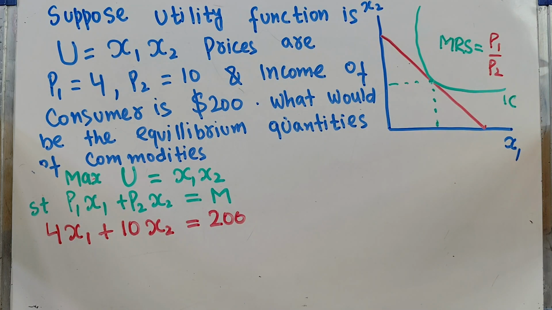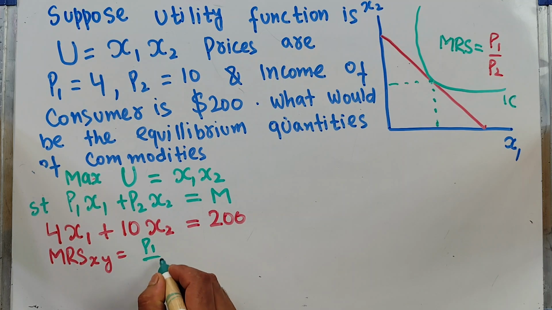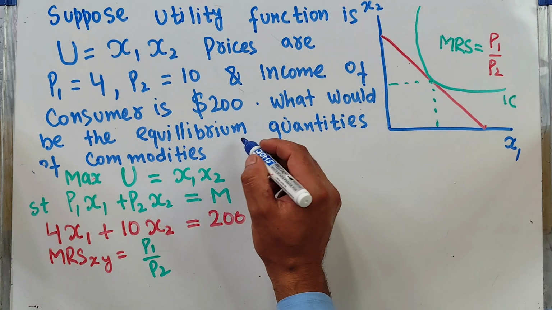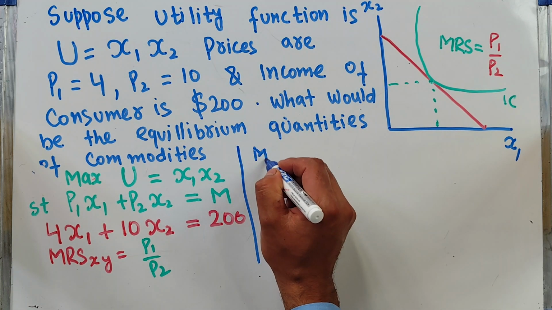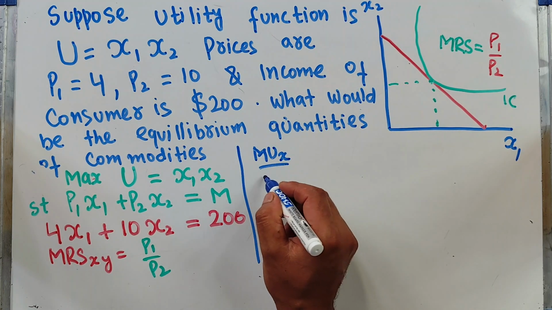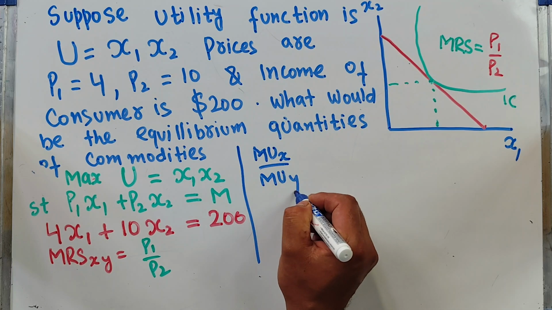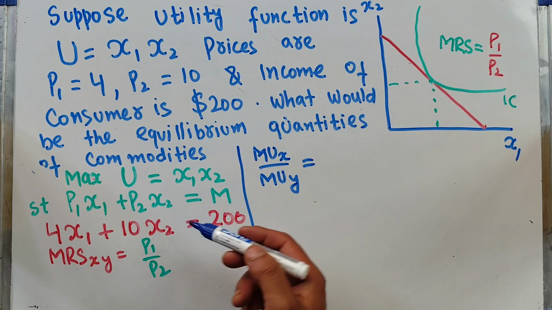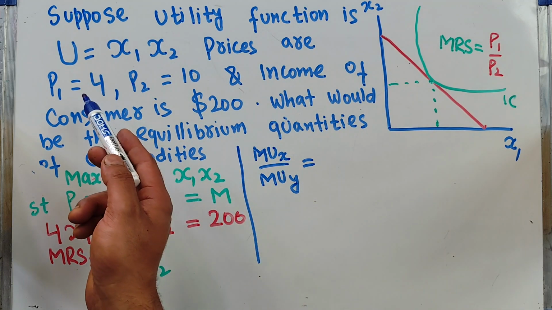So the MRS, the marginal rate of substitution between good X and Y, should be equal to the ratio of the prices, that is, P1 upon P2. MRS is, as you know, simply the ratio of the marginal utility of good X and the marginal utility of good Y. It should be equal to the ratio of the prices given to us here,